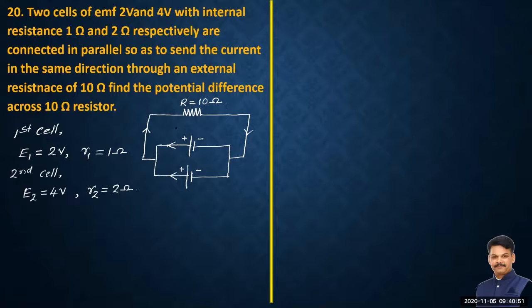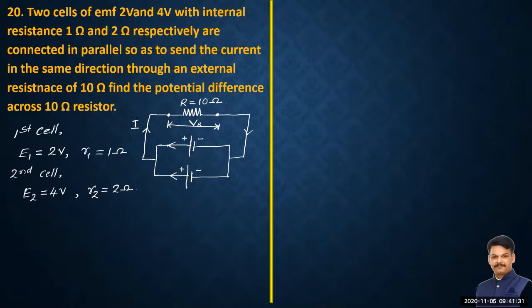Now we have to find the potential difference across this external resistance, right? What is the potential difference across R? So I have to find this VR. Then how to find this? Remember, dear students, the potential difference can be found only when I know what current is flowing there and what the resistance is, as we did in the previous problem using the formula V = I R. But here the resistance is known, the current is not known. Hence our aim will be to find the current first.